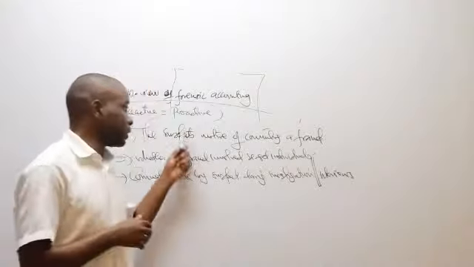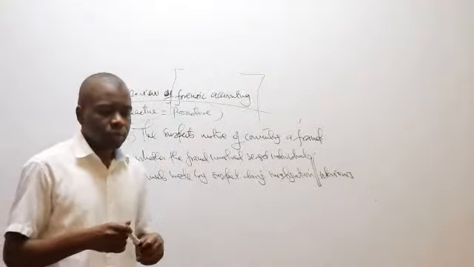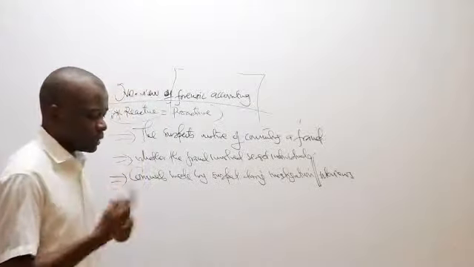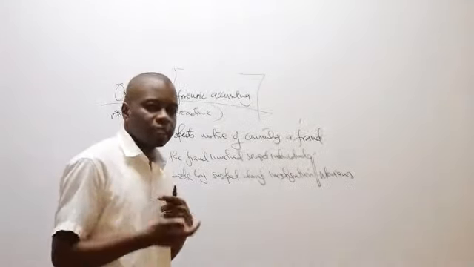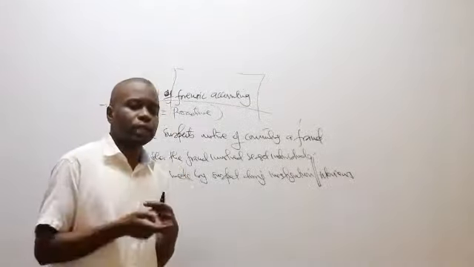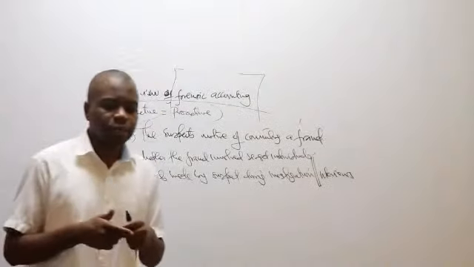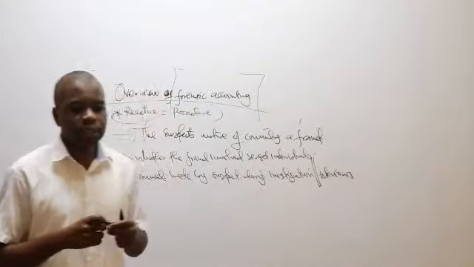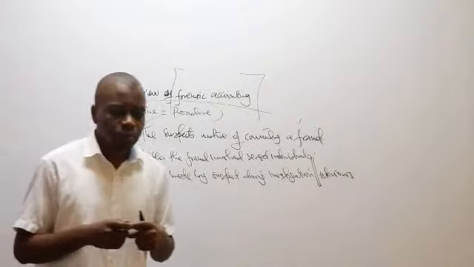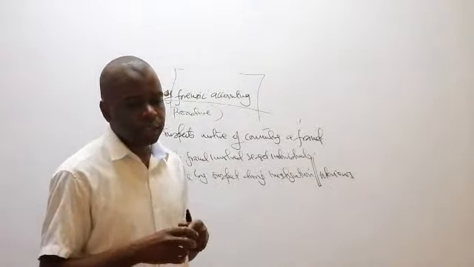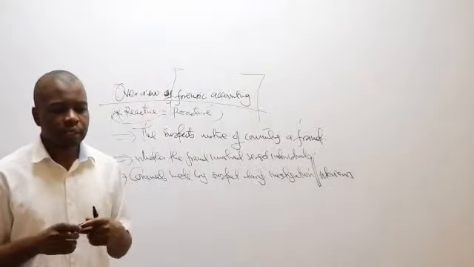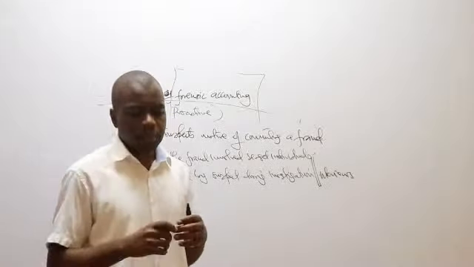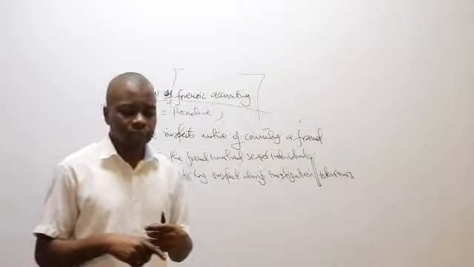Then you have what we are calling proactive. So these are conducted where allegations have not been reported. So the initiative is actually taken even before allegations are actually reported. So you're not reacting to allegations. So that one can actually be termed as being a proactive audit. So it is conducted where allegations have not been reported, but where, for example, the Office of the Auditor General considers that there could be high risk of fraudulent activities in a given area. So if you suspect that in a particular area, there's a high risk of actually, for example, having